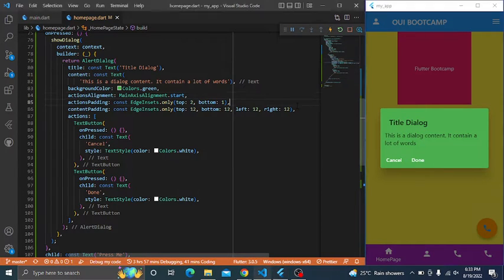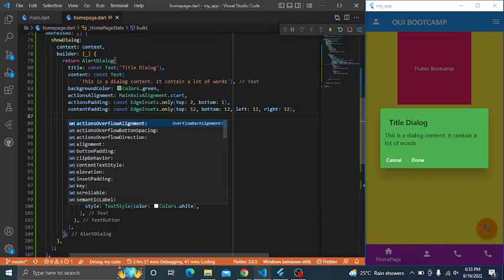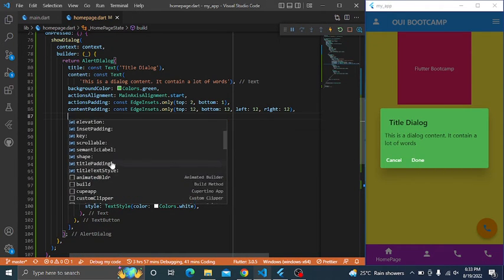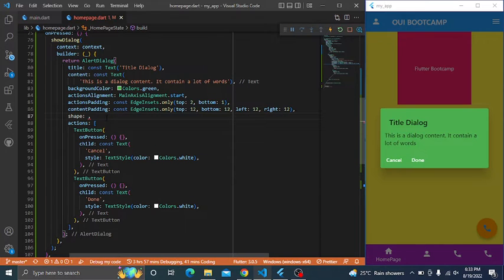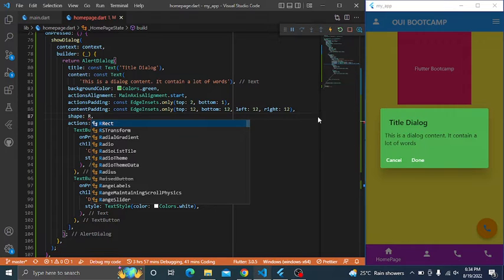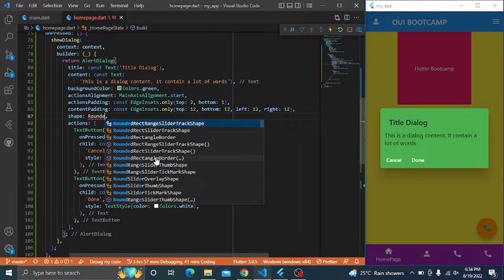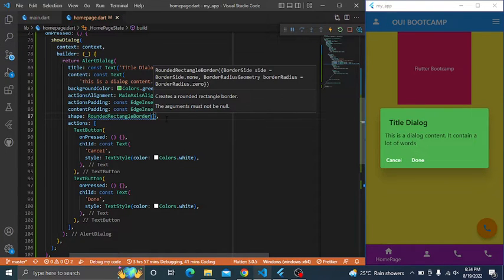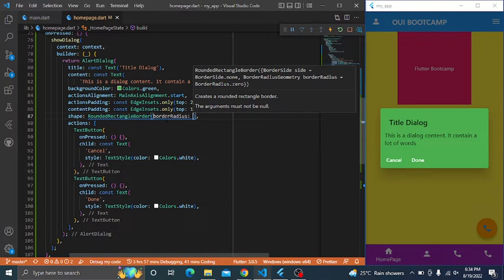Now for the remaining ones, let me try some other one. For the shape, this will be the last one we try out for this dialog before we move on to something else. The shape is just like the shape of this dialog. If you want to change the curve to something else, you can use the shape. Inside our shape, you return a rounded rectangle border, and inside it we have the border radius. The border radius is the one that will give you any amount of curve you might want to give your dialog, even if it is for